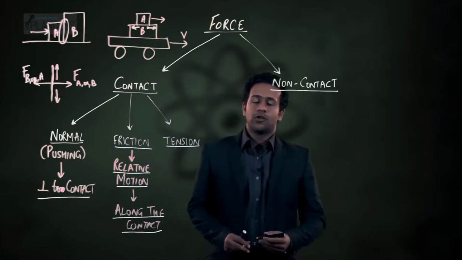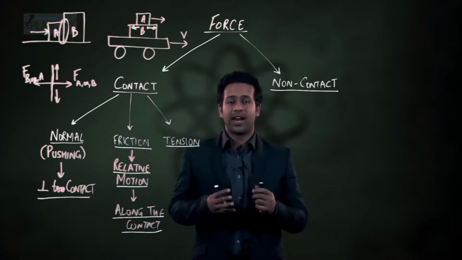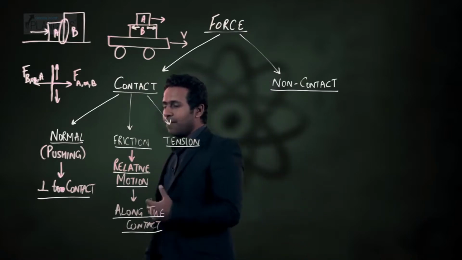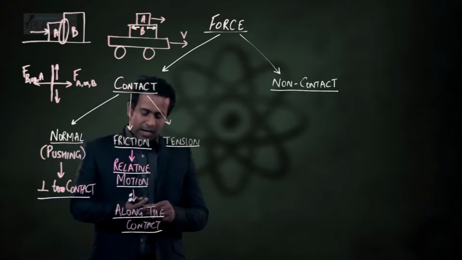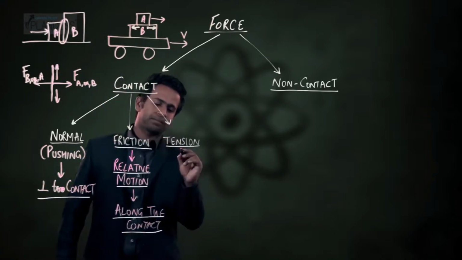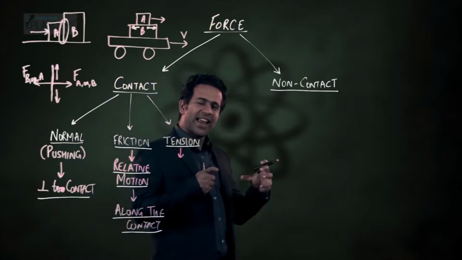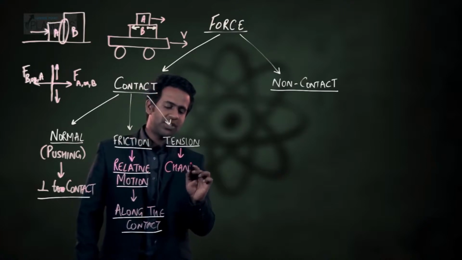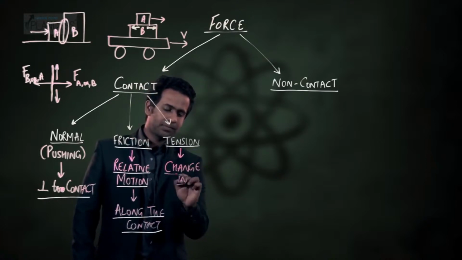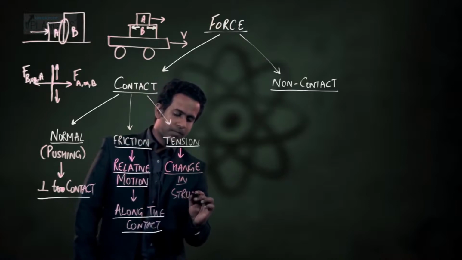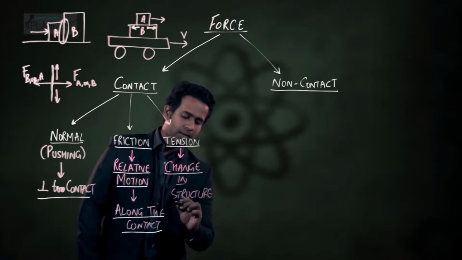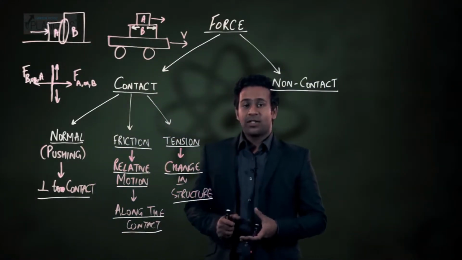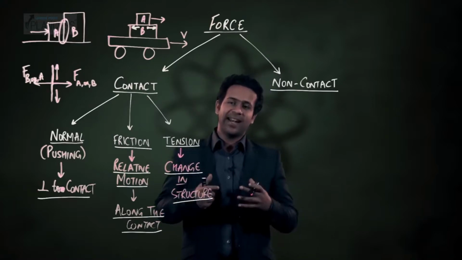Right? So friction tries to oppose relative motion, and it always acts along the surface. The final force is tension. Now tension acts whenever there is a tendency for change in structure. So whenever there is change in structure, tension acts. Now, this change in structure could actually be there, or there could be a tendency for the change